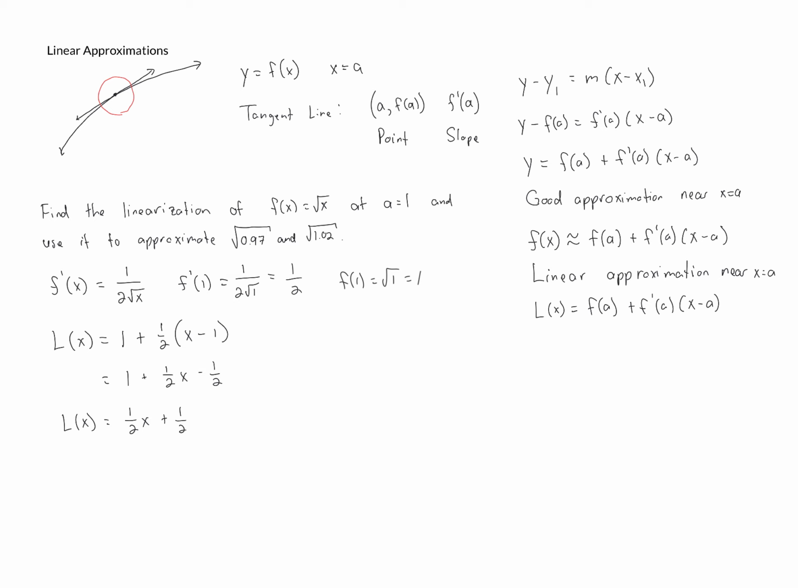And so in particular, if we want to know the square root of 0.97, approximately, we can plug that in to this linearization since 0.97 is near 1. So that's going to be 0.97 halves plus 1/2. And that's going to be 0.485 plus 0.5, which is 0.985. And so that tells us that the square root of 0.97 is approximately equal to